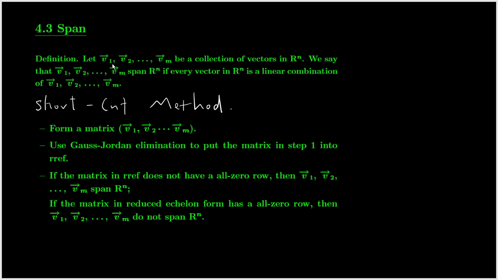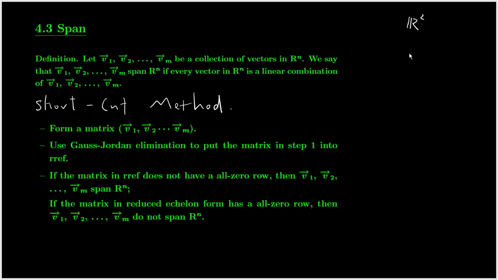We say a collection of vectors span Rn if every vector in Rn is a linear combination of the collection of vectors. I will show you a particular case. Now, for instance, in R2,